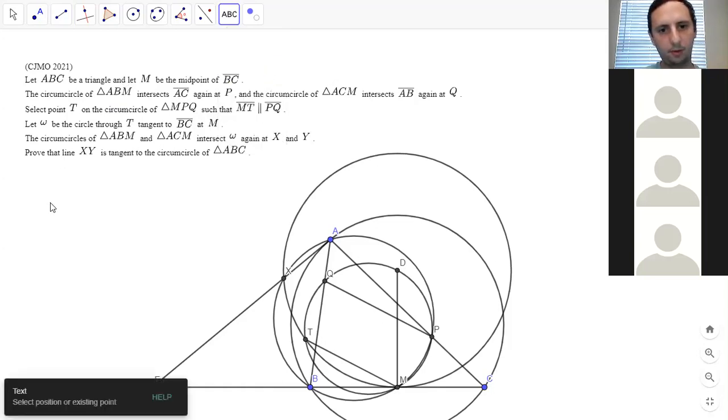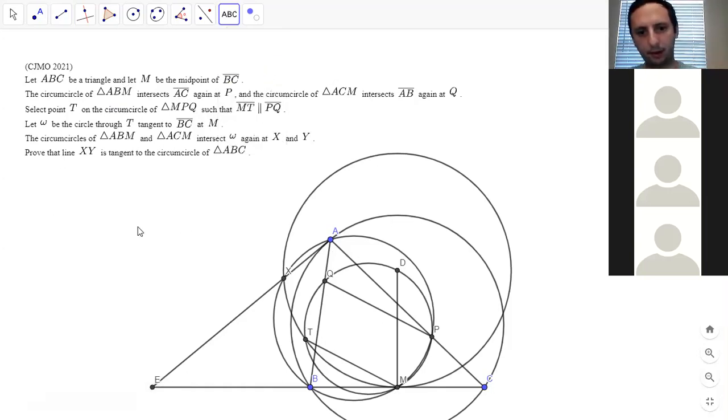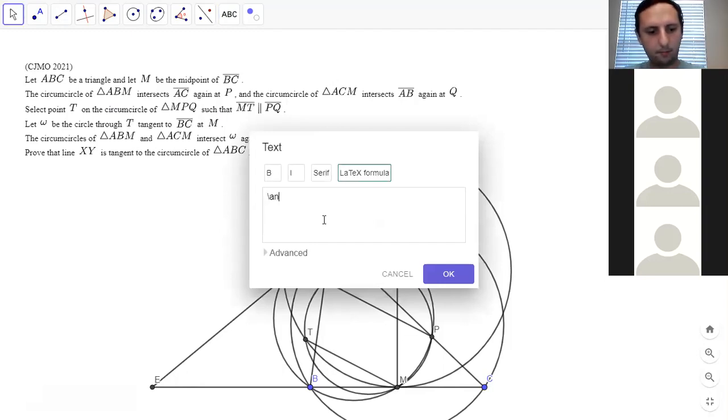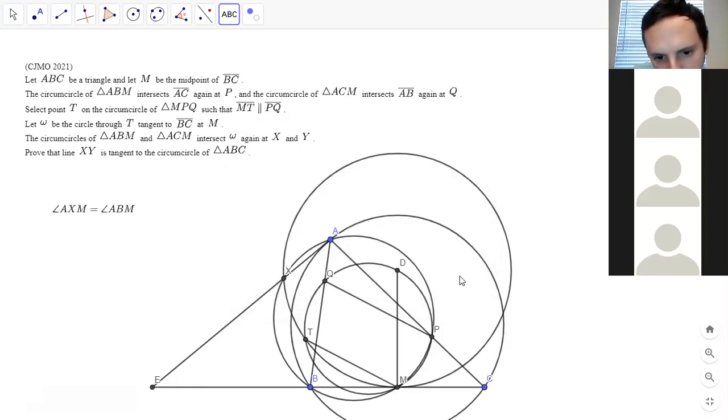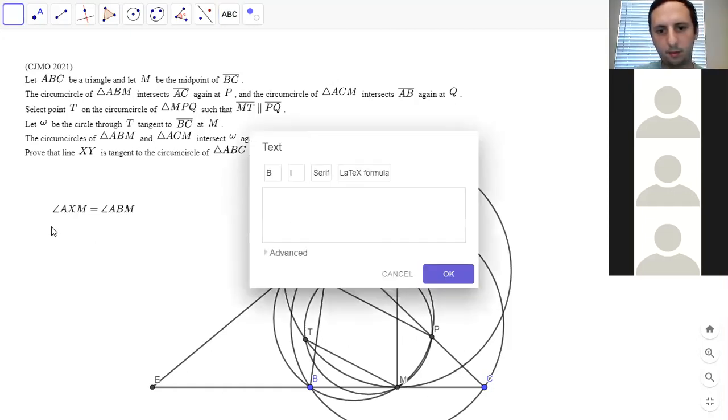So angle AXM is angle ABM. And then at the same time, angle PMX, right? So angle XMP is 180 minus